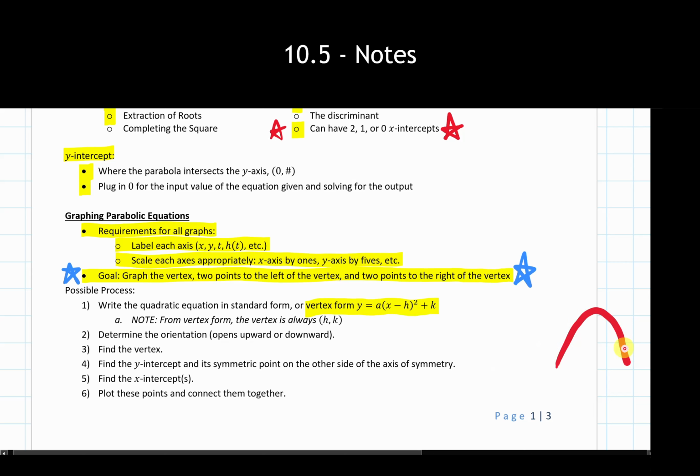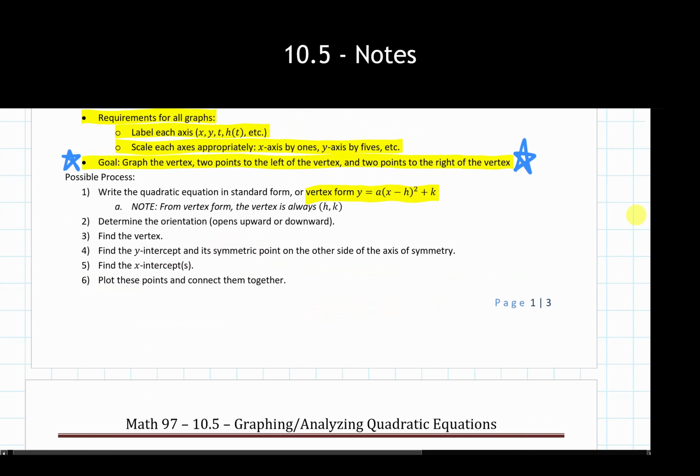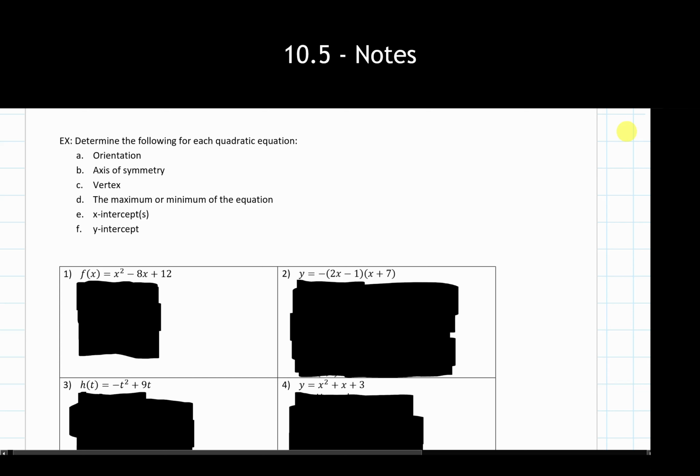So with that, let's jump into a couple examples of actually going through and analyzing quadratic equations. So I'm going to zoom in, or scroll us down here a little bit. And these are the 4 examples we're going to look at. If you need to, I'd pause the video here, write these down for yourself, because these are the things that we are going to solve for in our 4 equations that we have here. So let's jump into those now.